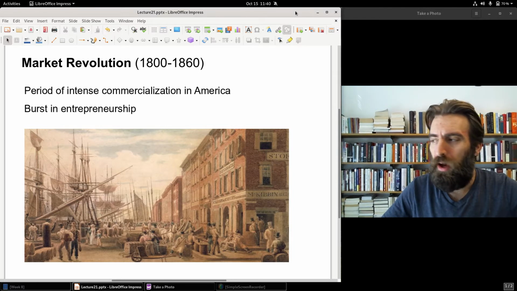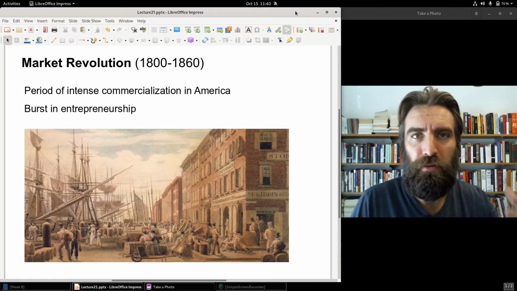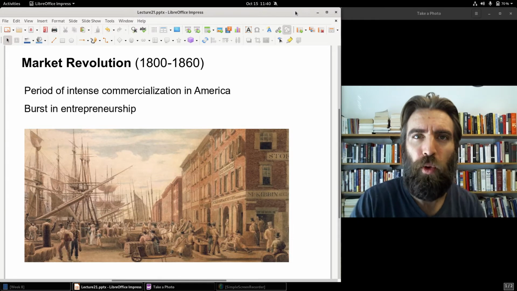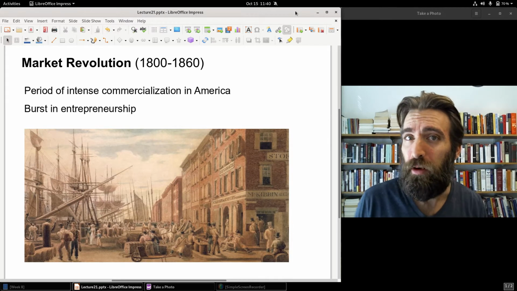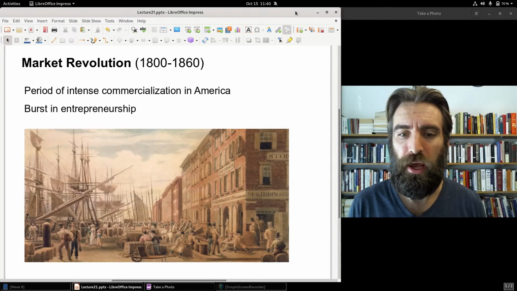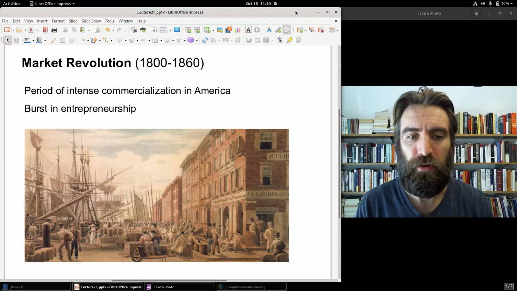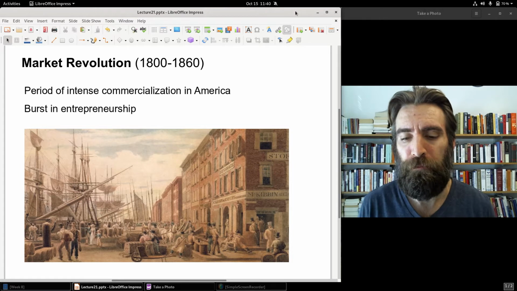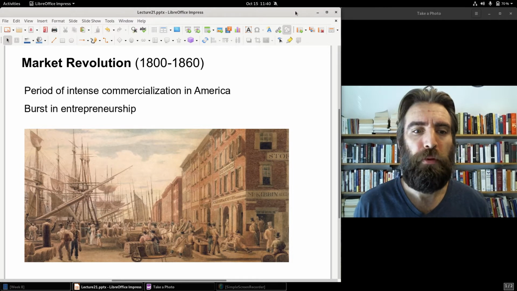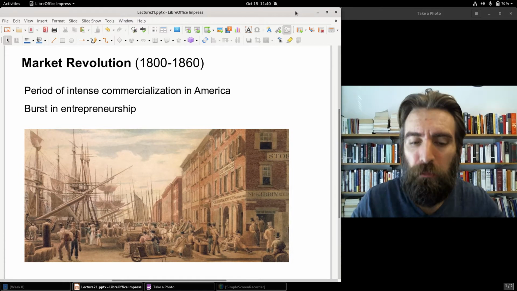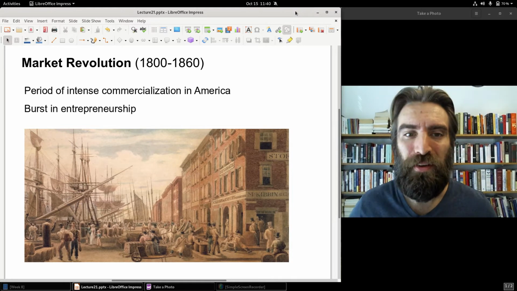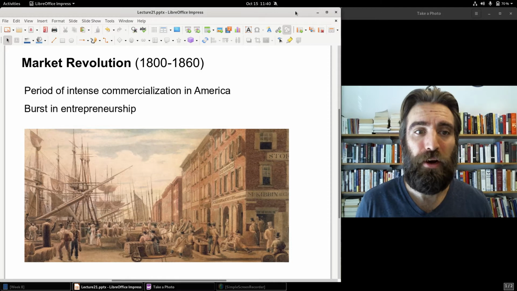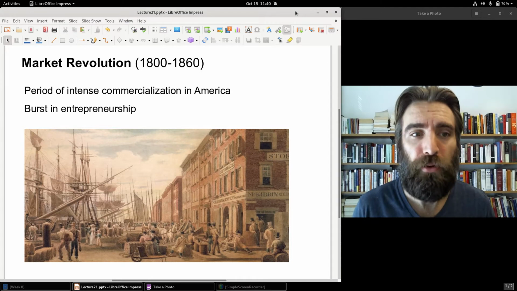entrepreneurship. In other words, with regard to entrepreneurship, organizing and managing a business, but at considerable risk. And the only reason why you would take that risk is because of the potential for profit. There were many people, entrepreneurs, who made great profit in this period. There were also an untold number of Americans, entrepreneurs, who failed and did not succeed.